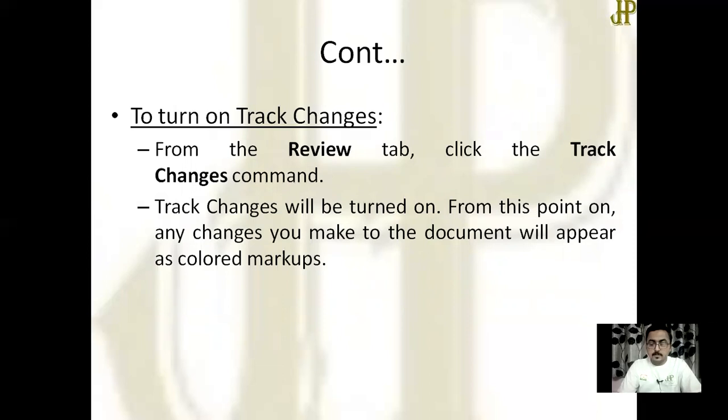Thus, this gives ease to the publisher to see where I have written or typed wrong. Otherwise, the changes done by the writer can't be seen. Okay.